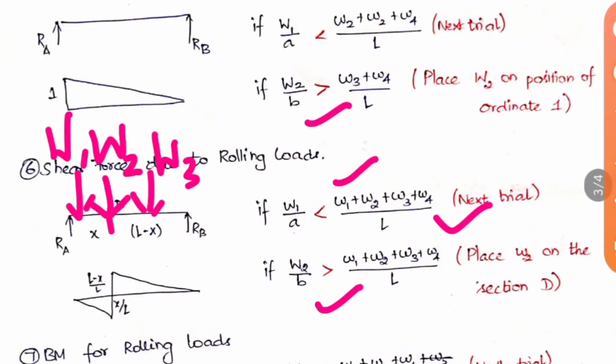Next step, you should multiply the ordinates with the load to find the shear force. So you have to find the ordinates first. Here one ordinate for W2, one ordinate for W3, one for W4, and one for W1. So you'll be getting 4 ordinates, whereas for W1 alone it will be a negative ordinate. For all the other 3 you should take the positive ordinate. For the ordinates, you just use the similar triangle principle, and with that ordinate you multiply the respective loads, so that you'll get the shear force of this rolling load. The summation gives you the shear force value.